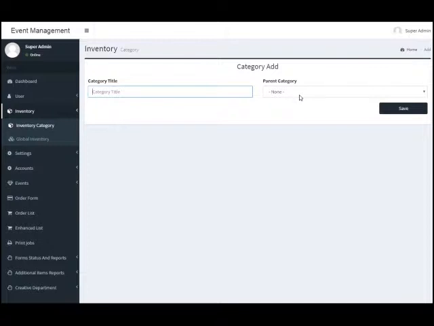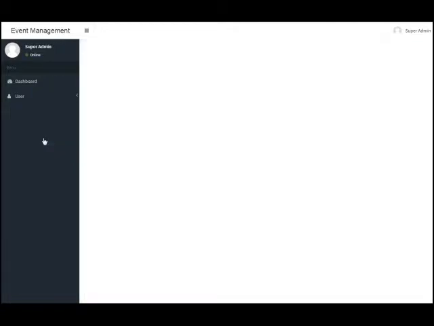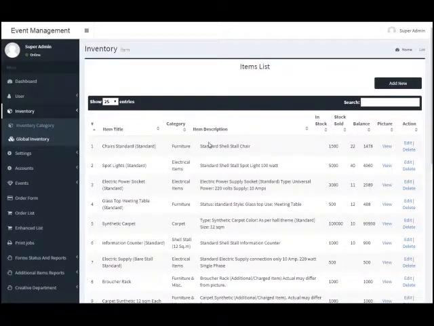If you select a parent category, then you enter a child category, and then save it. Now in the inventory here, there is a number of items listed, including the child categories. The item data table contains serial number, item title, category, item description, in stock, stock sold, balance, picture, and action events for delete and edit entry. Now if we want to add any specific item to the list, just click the add new